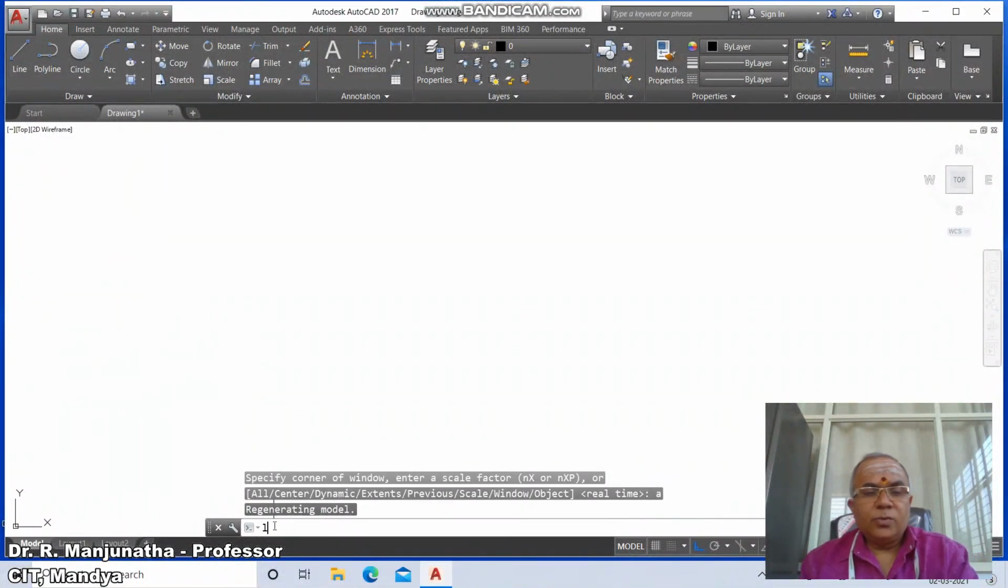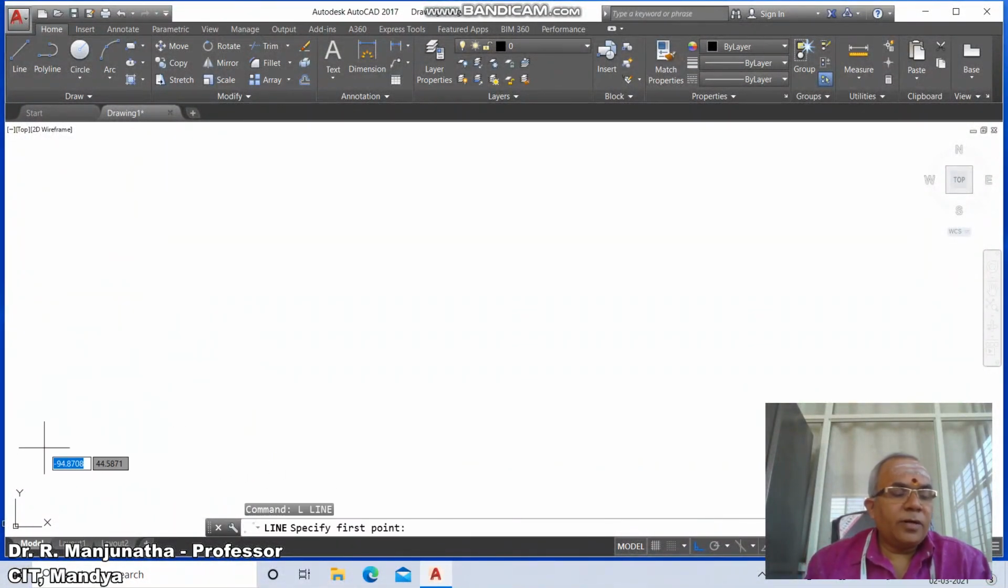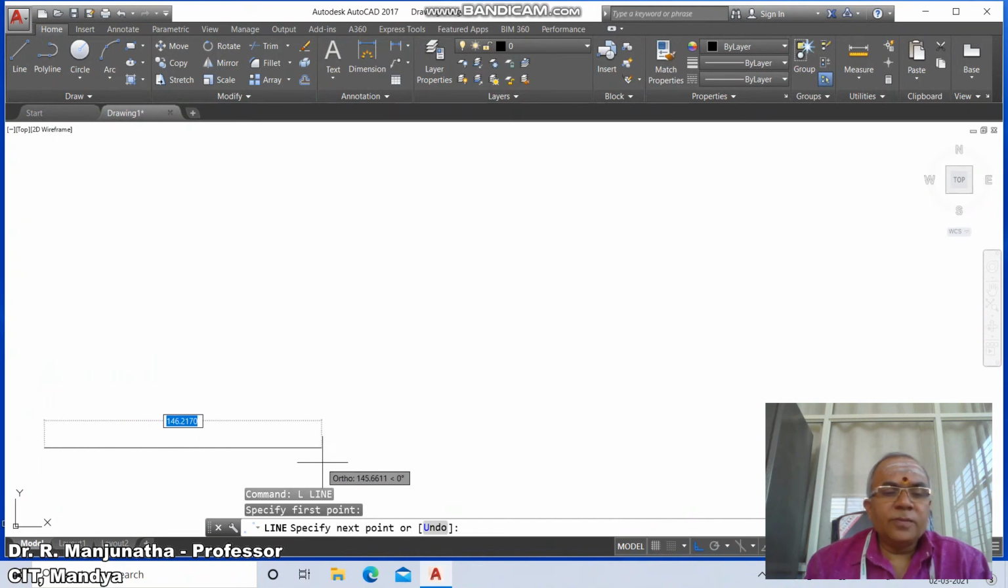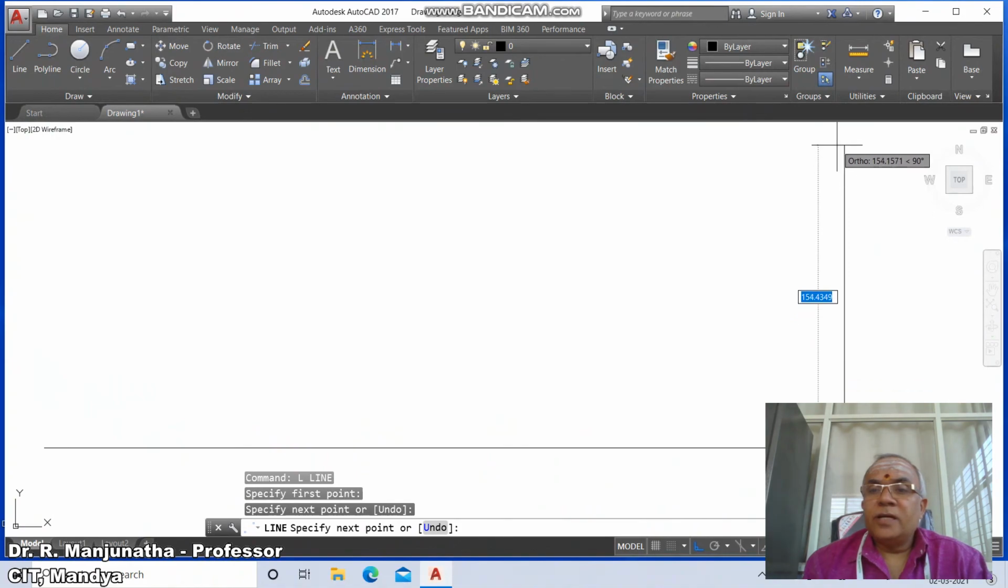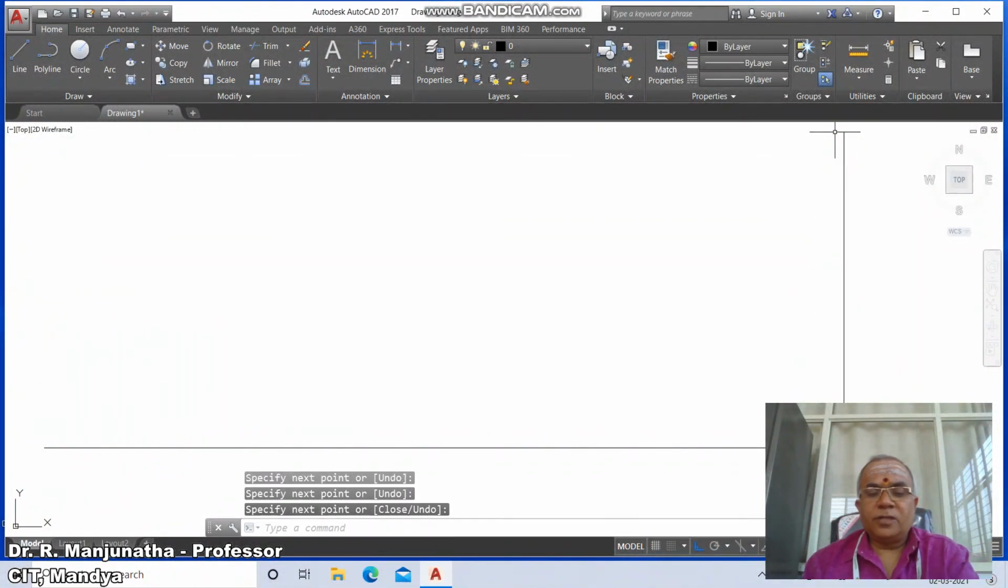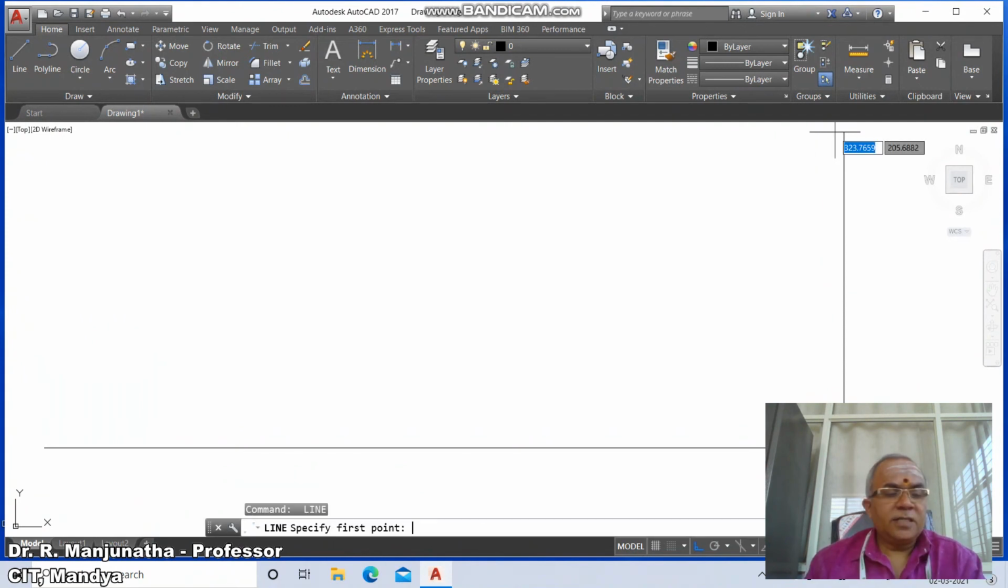enter. Then go to line, select some arbitrary point on the lower left corner of the screen and click the first button of the mouse, and drag the mouse to the right side and take some distance and click the first button of the mouse. Again you take the cursor to the top side, take some distance and click the first button of the mouse, and then go to offset, take the distance as